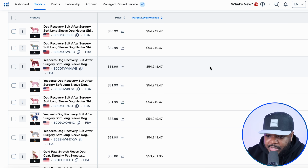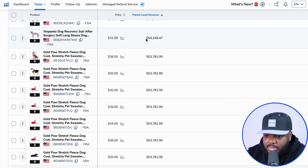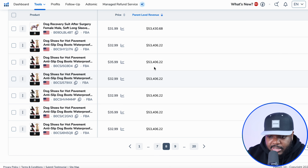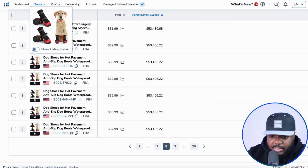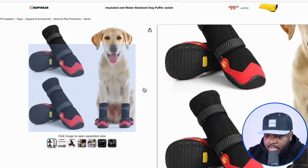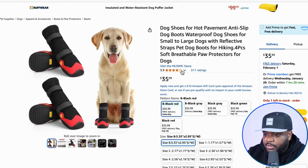Okay, perfect. So Helium 10 has now come back with all of these different items that meet my criteria. And we can see that these different products are bringing in $50,000 per month. You know, there's this product over here that's also bringing in $1,000 as well. And it looks like dog shoes by the looks of it. So if I just open it up, this is what the listing looks like. As we can see, it's a super simple product. And by the way, everything I'm showing you now is an example, but it's a super simple product